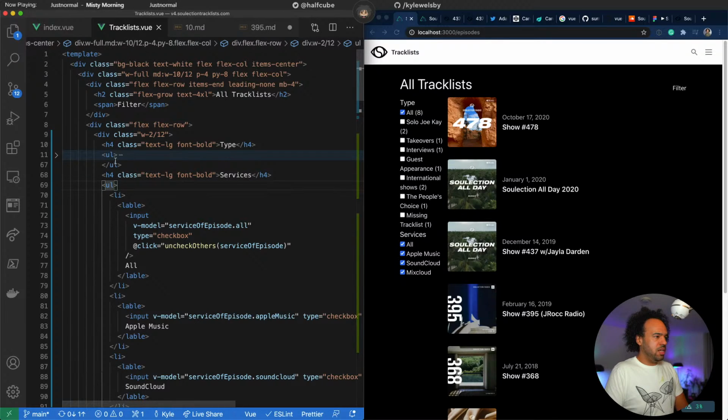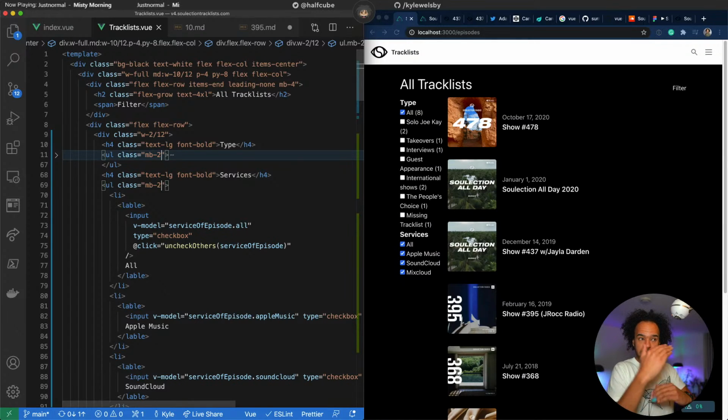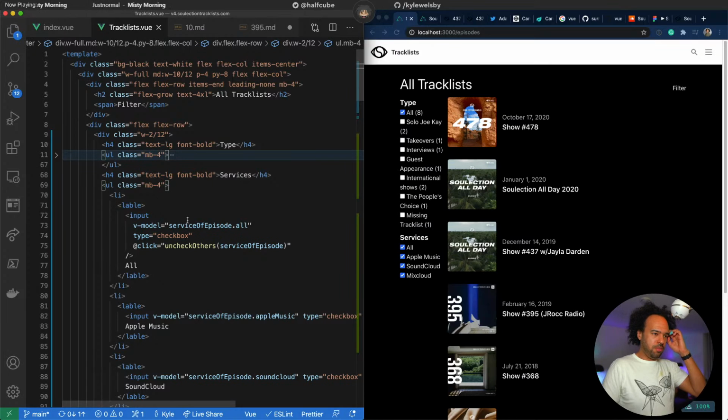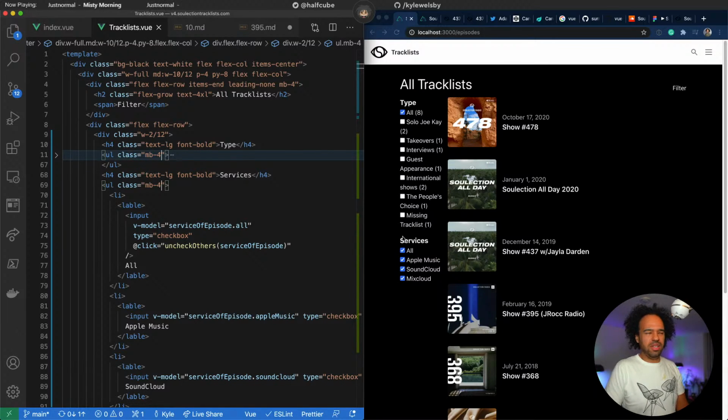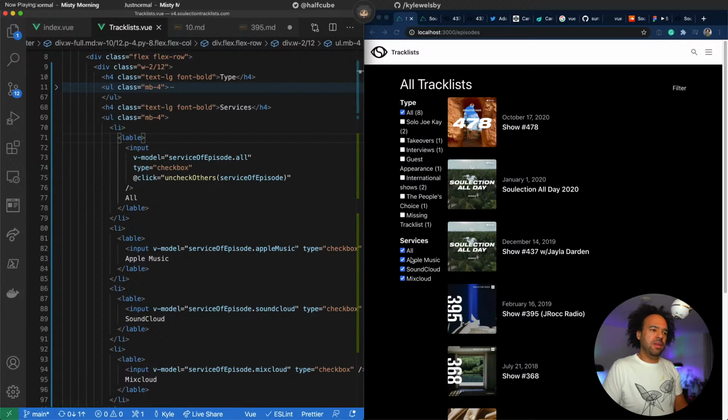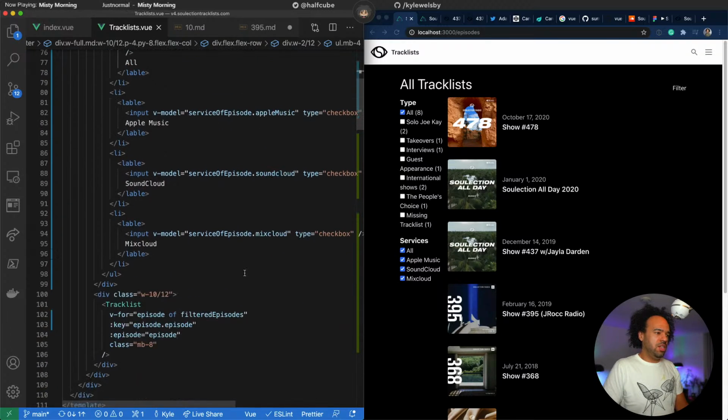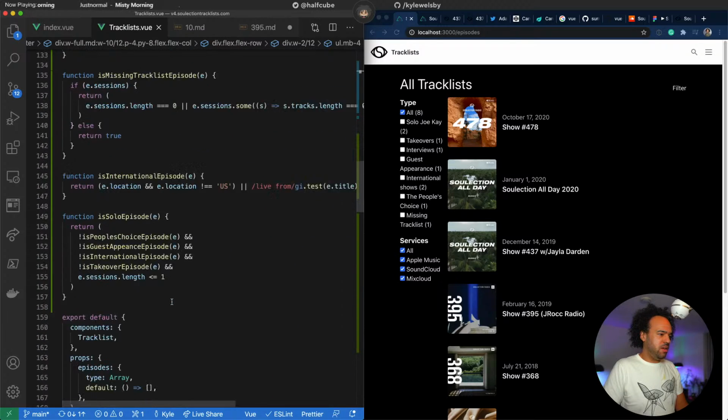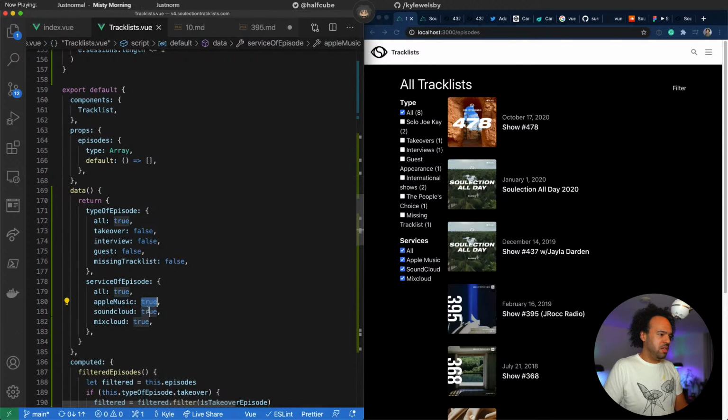And on this, I want class margin bottom 2. Give it some space. More than that, let's go for 4. I'll do the inner ones a different time. Check that those are all checked, and I didn't want them all checked. False. Yeah.